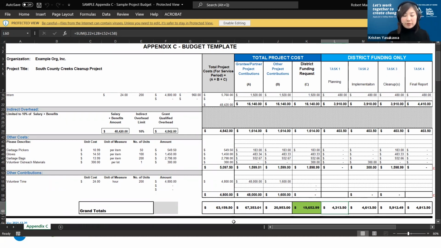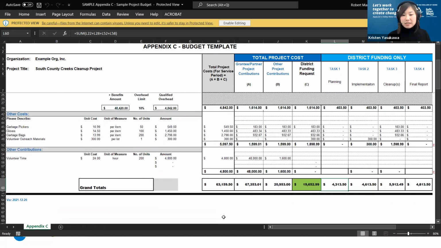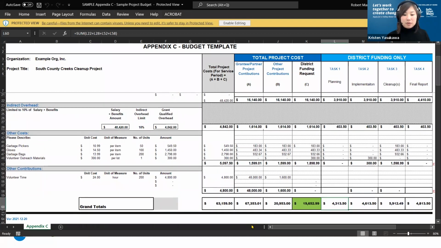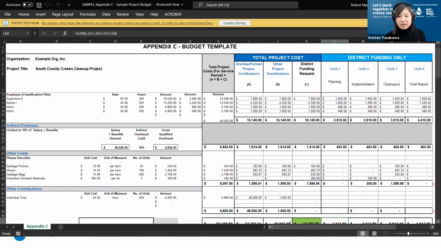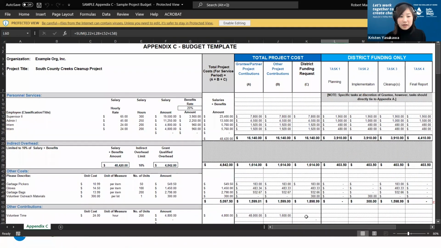And then the grand totals at the bottom will show the totals for each task and the total for the district funding request, and show the other contributions to the project to ensure that there's at least the 25% match. So that's our budget document in a nutshell. We understand it's very detailed, and there are specifics that we're looking for here. So if you have any questions about how to fill this out, please feel free to reach out to us.